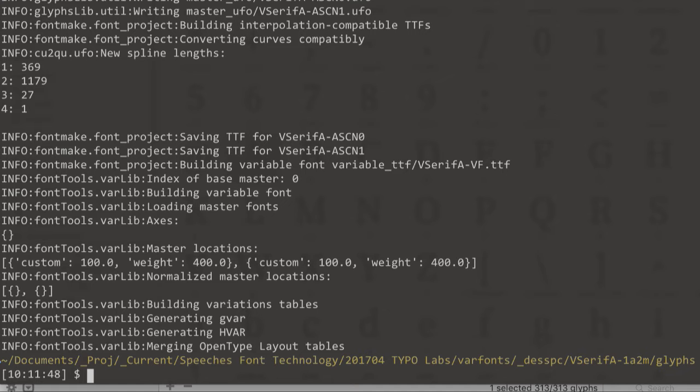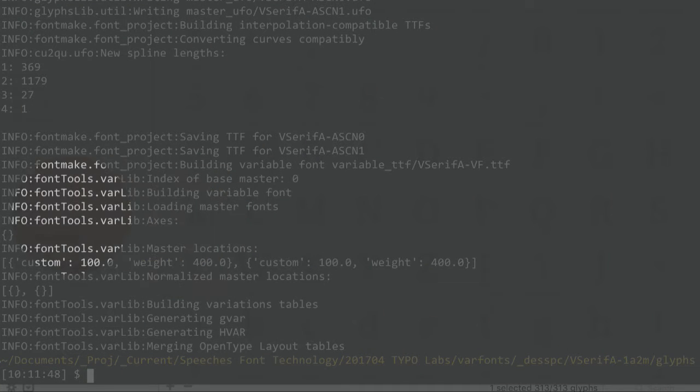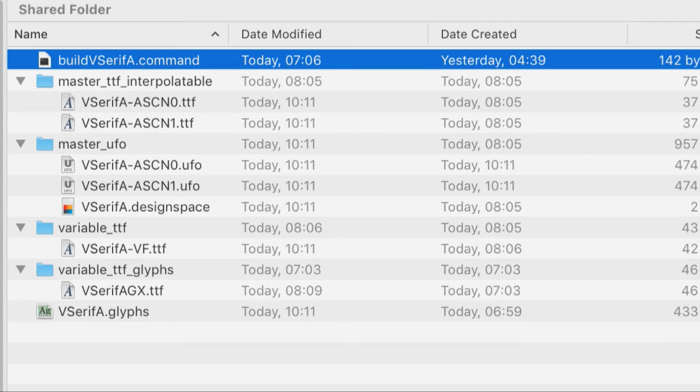and I find something weird, and that is that it didn't generate any axes, and then it says, found two masters, one is at custom 100, and the other is also at custom 100, and therefore they didn't map to anything, and therefore basically fontmake built a variable font without any axes. And I was like, well, why does it do that? I wasn't sure until I